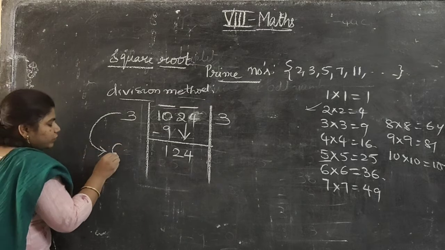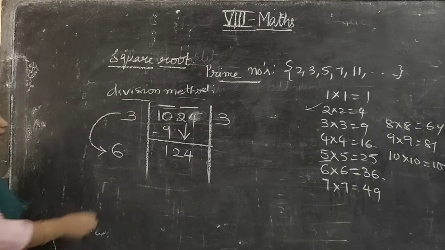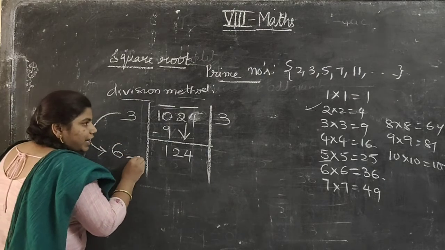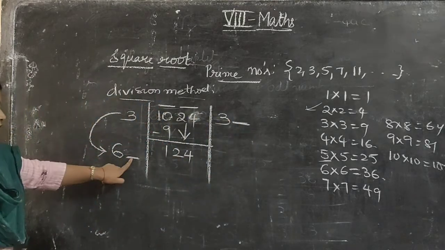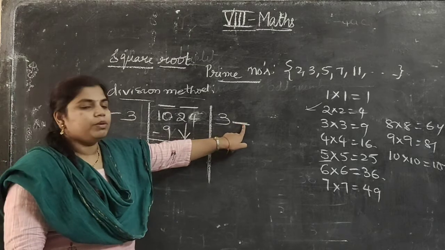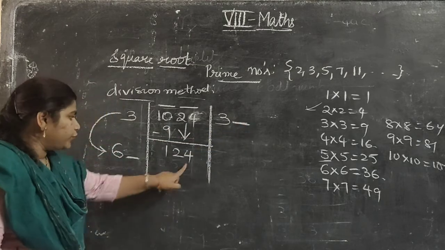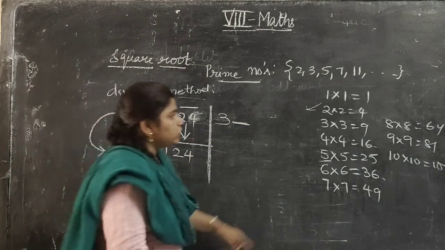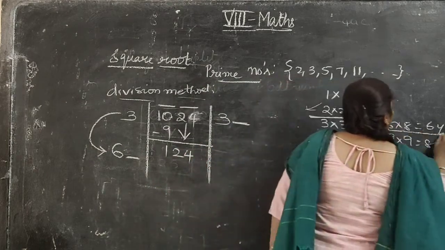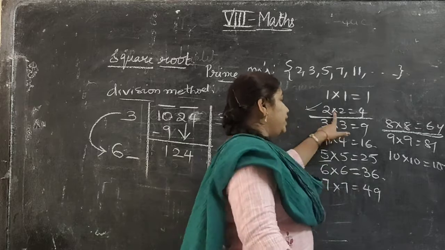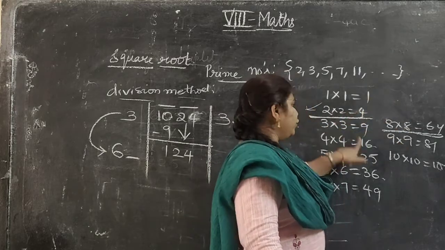Now double this value. Double this value means it will become 6. Now which number will we add on this side? The same number should be added here also. So what is the last digit? 4 here. So where are we seeing the 4 value? This one and this one. So the answer will be in this 2 only. The remaining, no need of seeing.